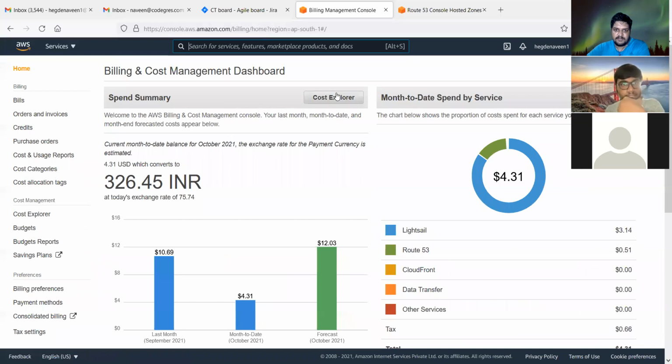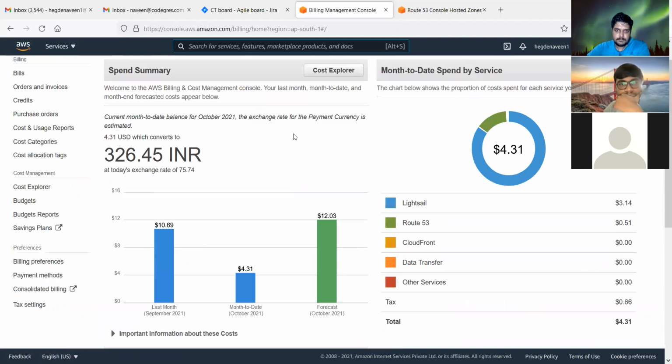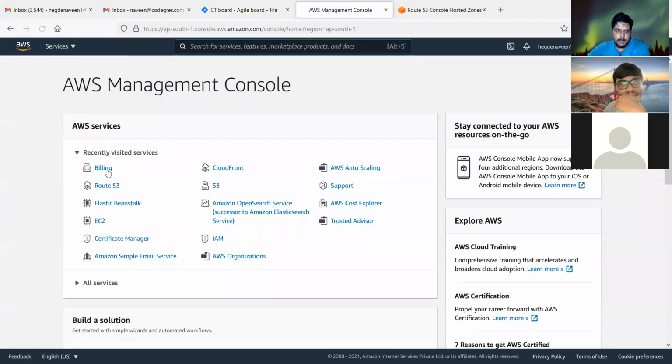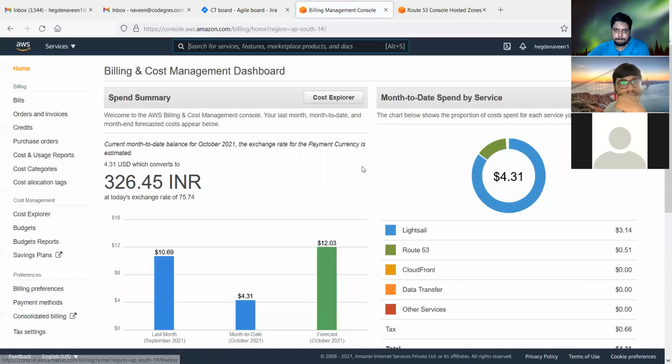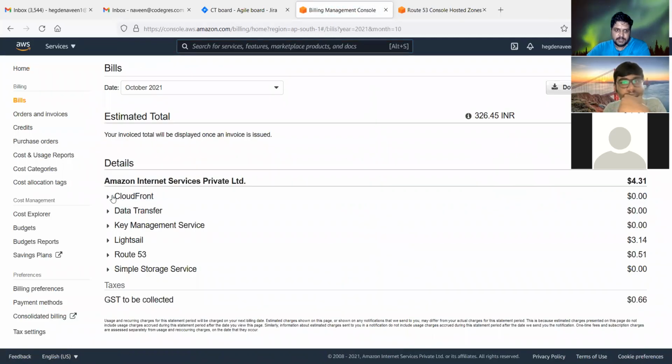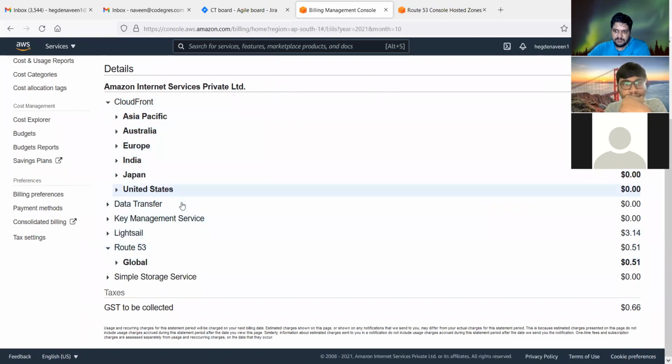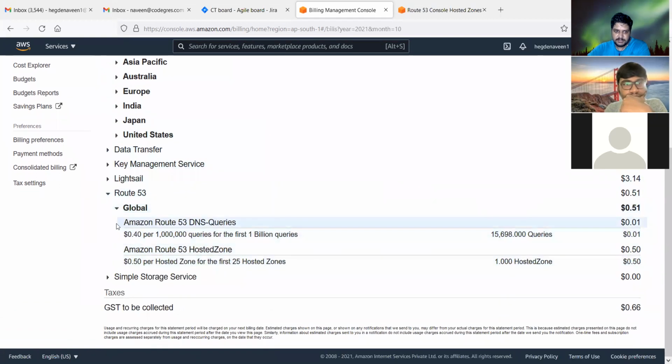If you go to billing, and if you go to, let's say, bill details, it shows what it's charging. For example, CloudFront or Route 53, it's charging me $0.5, so these many queries happen.